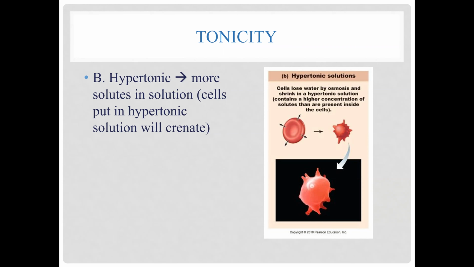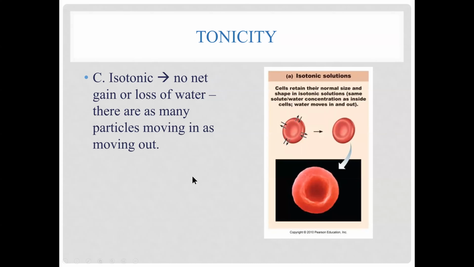Outside, it's 5% normal saline. So the water is going to go out of the red blood cell and it's going to shrink, and this is called crenation. And then finally, if we take that red blood cell, which is 0.9% normal saline, and we